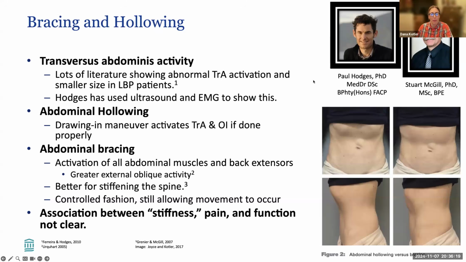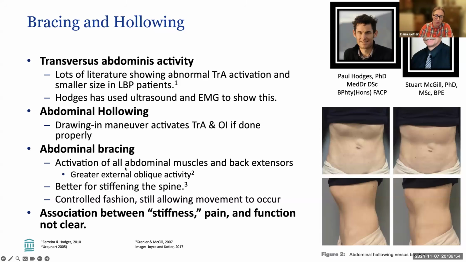So in terms of the deepest abdominal muscle, that's the transversus abdominis, and it's the one that a lot of people have trouble activating. It's the one that you really activate primarily by performing that abdominal drawing-in or hollowing maneuver, so kind of sucking in the stomach. There's a lot of literature that shows that the transversus abdominis is dysfunctional in people who have lower back pain. Paul Hodges has used EMG and ultrasound to show this, right? We know that you can activate that muscle doing that maneuver, but at the same time, you're also activating it during other types of contractions, such as abdominal bracing.